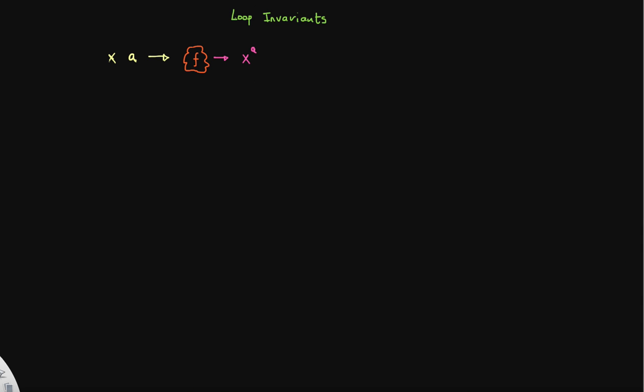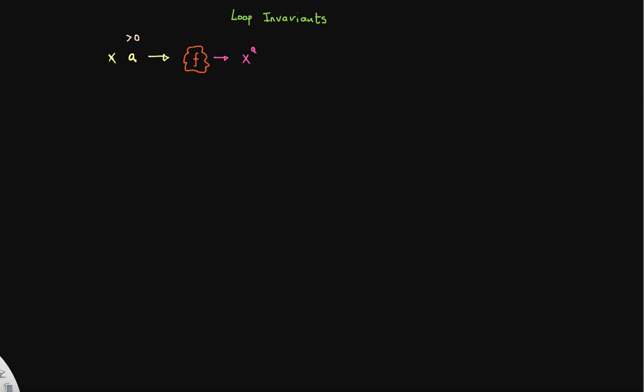And just to be consistent, I'm going to have a precondition. I'm not going to enforce this condition in my code, because I would like to concentrate more specifically on the loop invariant aspect of it. But let's just assume that a is something that will be greater than 0. So given that precondition,